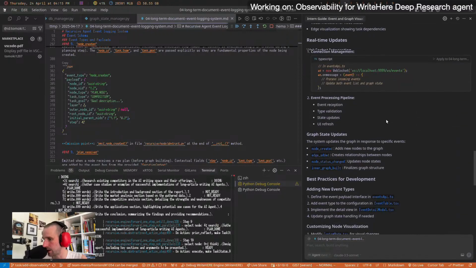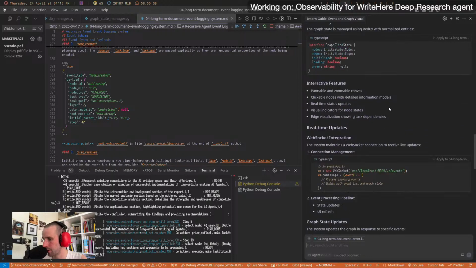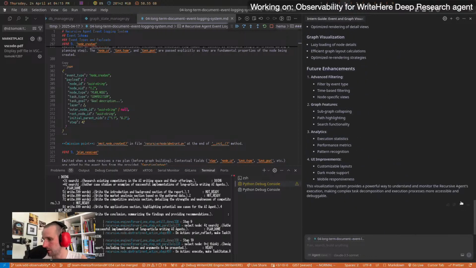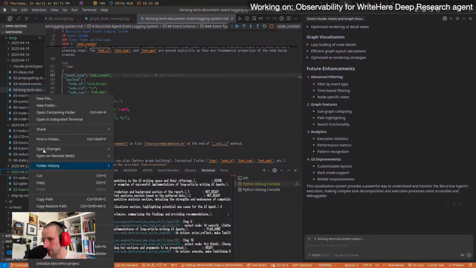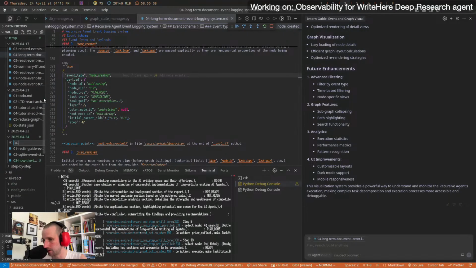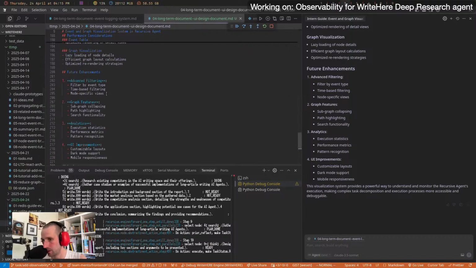I don't think we need to add anything to this. So I'm going to store that by hand, right? I'm going to store it in here. I'm going to create a new file, long-term document UI design document.md, because it's a long thing here,